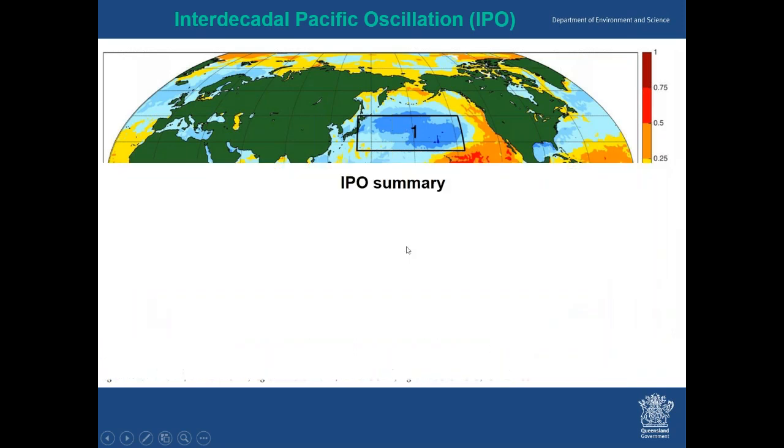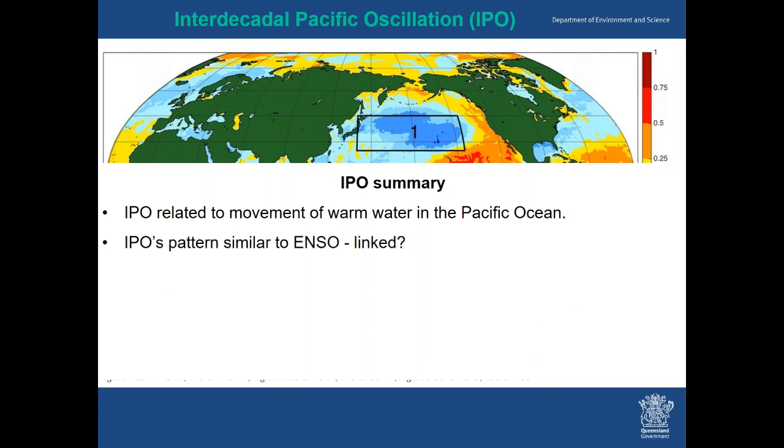If I was to summarise the IPO, it's related to a movement of warm water in the Pacific Ocean. Its pattern is similar to ENSO, and there is conjecture about how linked it is with the El Nino Southern Oscillation, whether it's just a slower moving artifact or whether it's its own being,